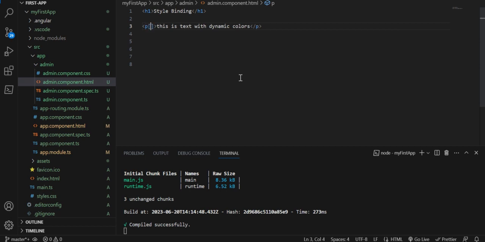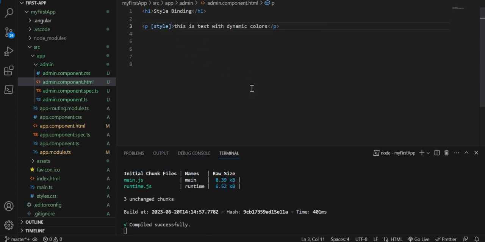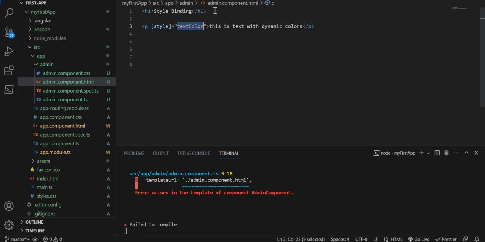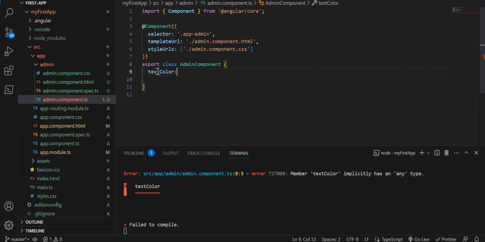So here we can give a style attribute for that. The style attribute, I will give text color, this name I will give